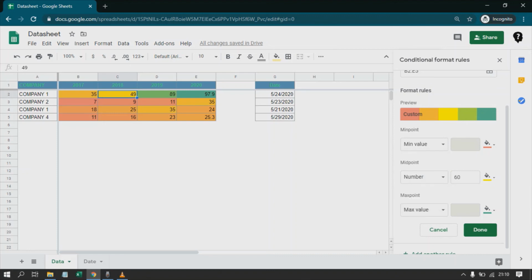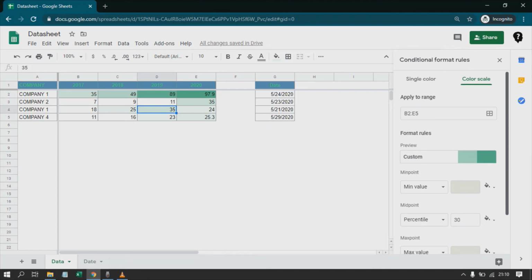So for example, I do not want to highlight any of the minimum value. However, my midpoint would be say 30 percentile, which is again a white, and maximum value would be red. Now see here, all the numbers above the 30 percentile are getting highlighted in green.